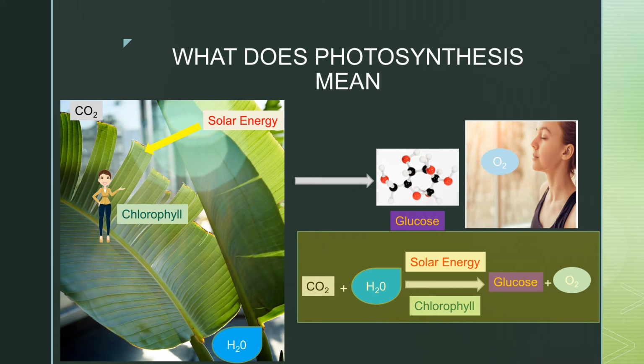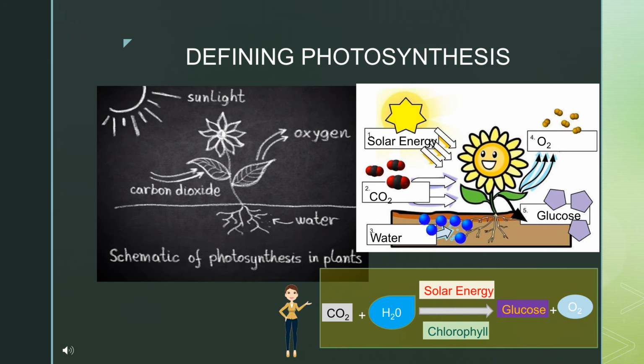Since the synthesis of food occurs in presence of sunlight, it is called photosynthesis, in which photo means light and synthesis means combination of components or making of something. So we can say that photosynthesis is a process in which glucose is synthesized from carbon dioxide and water in presence of sunlight and chlorophyll. Thus, photosynthesis combines the non-living components of the environment, water and carbon dioxide, in presence of sunlight to form food.